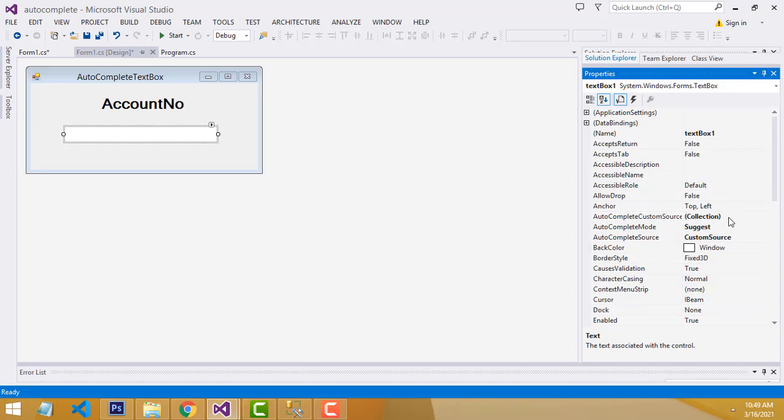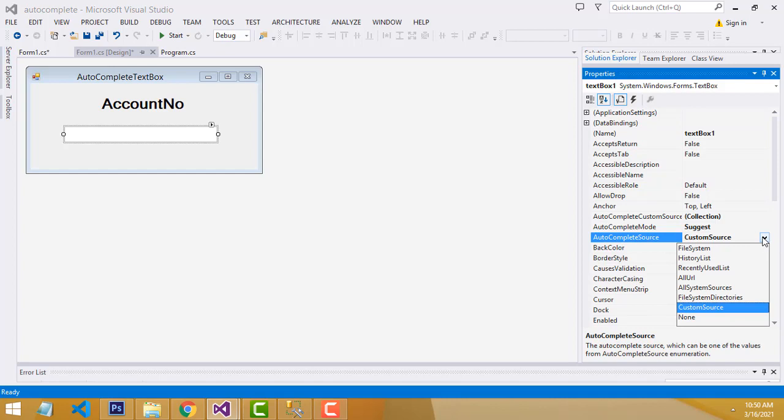Leave that one. AutoCompleteMode defaults to something like append, so you have to select suggest. AutoCompleteSource defaults to none, so you have to select custom source. These are the important changes we have to make before running the program. Then only it will work accordingly.